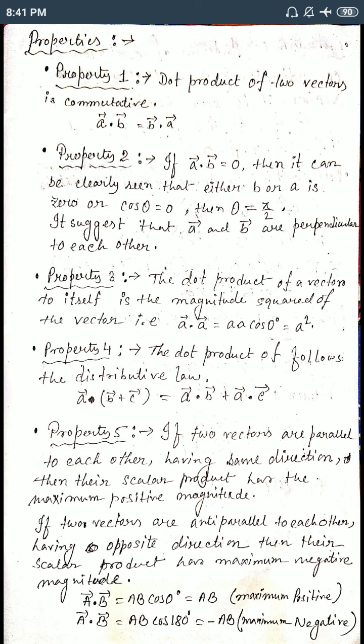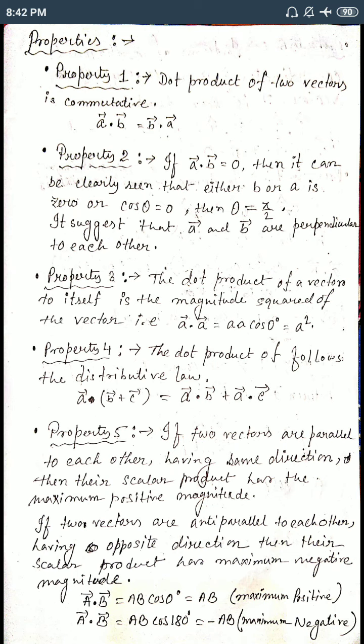Property number 2: if A dot B equals 0, is the product a 0 vector, or is the magnitude 0? Sorry, it's a dot product, that's why we cannot say that this is a 0 vector. So if A dot B equals 0, then what can we write? When it is mentioned that A dot B equals 0, that means A and B are perpendicular to each other,